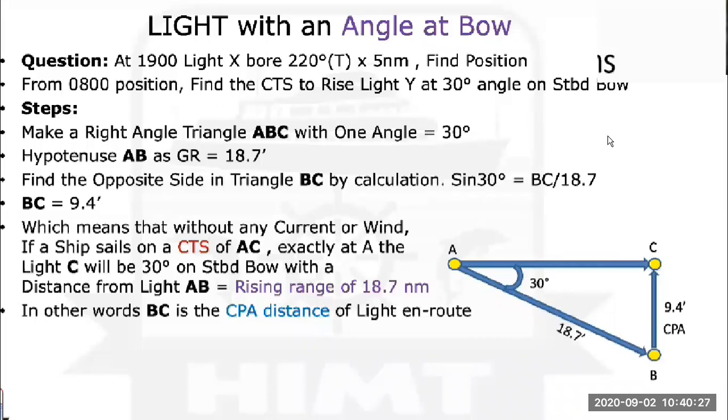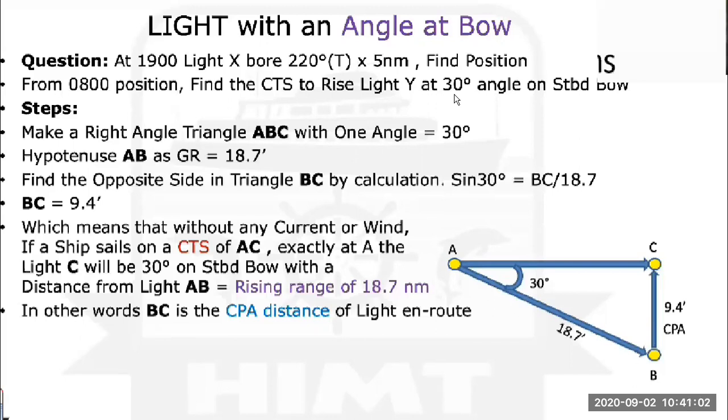The only two things, before coming to see that point C: the line from A is an infinite line, right? Infinite line, but you're making it in a small notebook. So I can directly draw ABC and write the values and calculate. Actually, drawing from A to B, A is ship, B is lighthouse. So in the notebook, there is nothing called infinite distance. You just draw a small triangle, put these values, 30 degrees, 18.7. My job is to find that CPA distance.